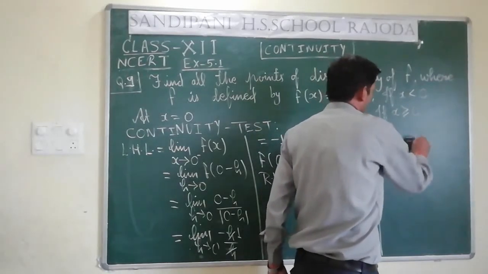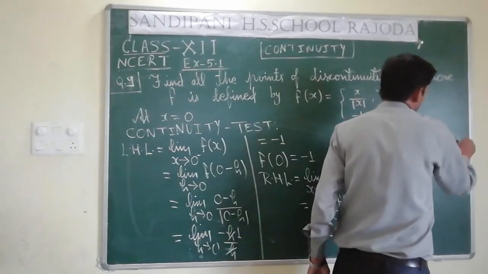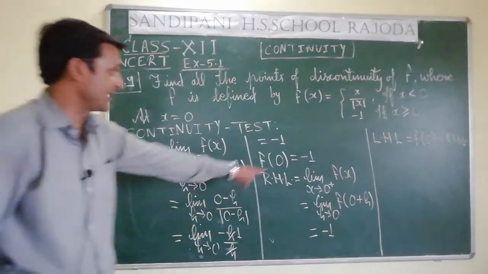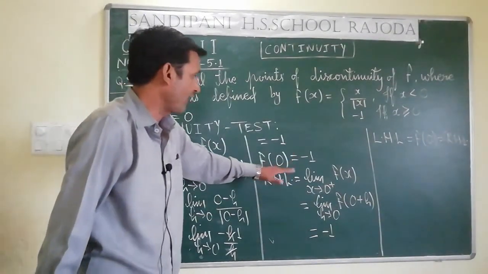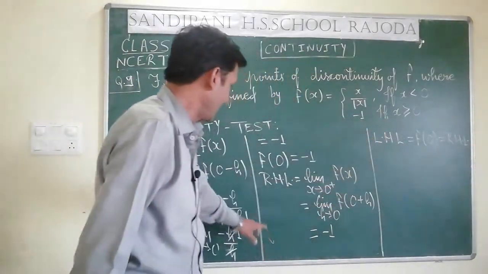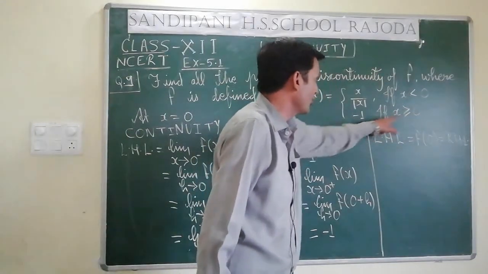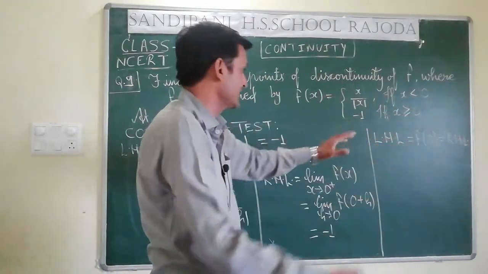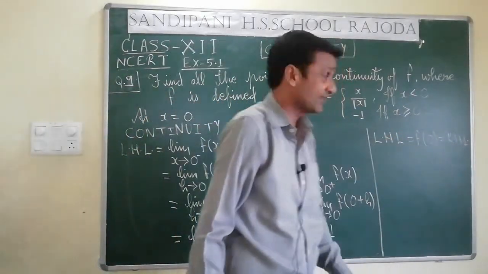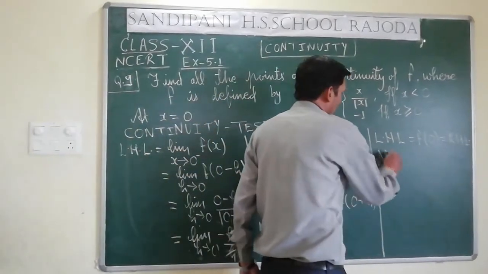is equal to f of 0 is equal to RHL. All the values are minus 1. See here, this is our left hand limit, this is minus 1. This is our f of 0, this is also minus 1 by this given function, and this is our RHL, which is also minus 1 because for x greater than 0, means 0 plus case, it is minus 1. So, LHL is equal to f of 0 is equal to RHL, means this function is continuous at x is equal to 0. So, you may write now no point of